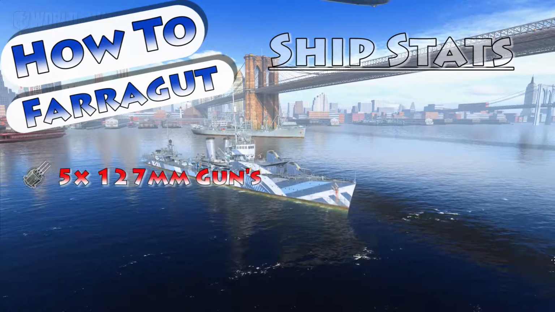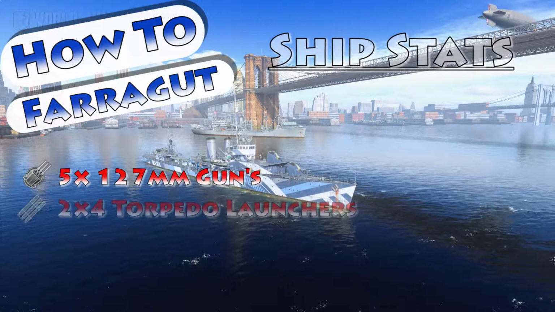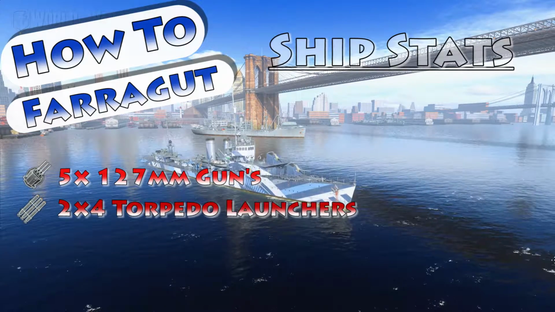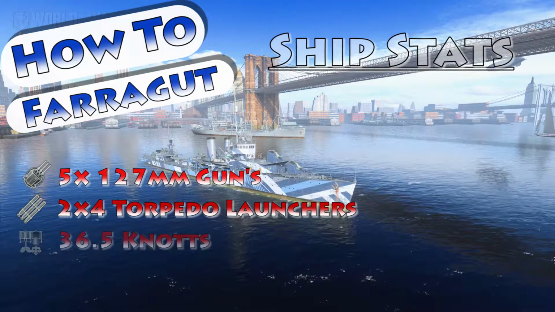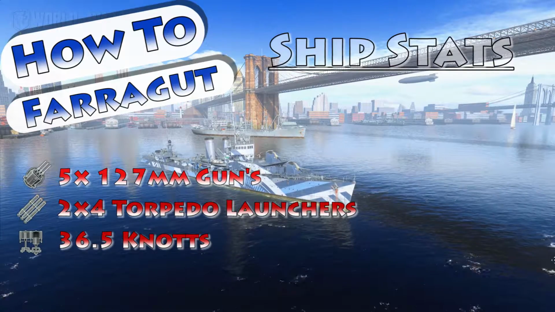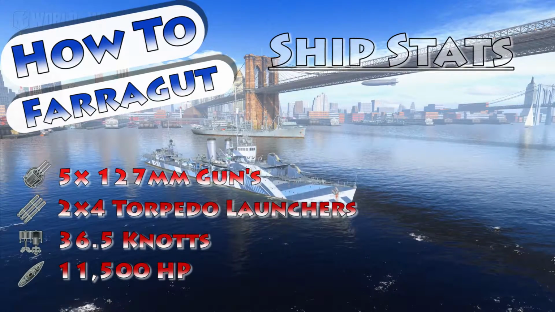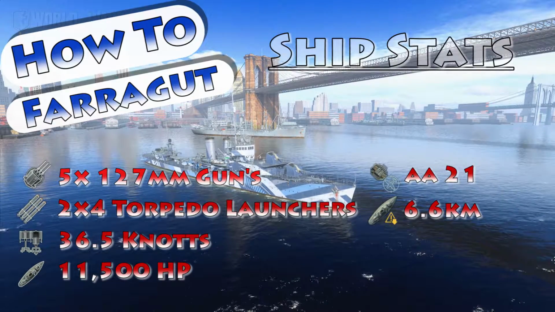She has 5 127mm guns in 5 turrets. She has 2 quad torpedo launchers with a range of 6.4 km with a top speed of 64 knots. She has a top speed of 36.5 knots with a rudder shift time of 2.7 seconds. She has 11,500 hit points with an AA rating of 21 and a concealment of 6.6 km with the captain